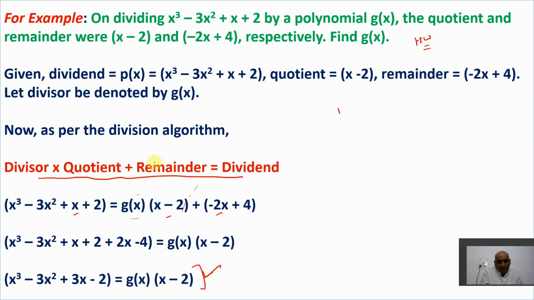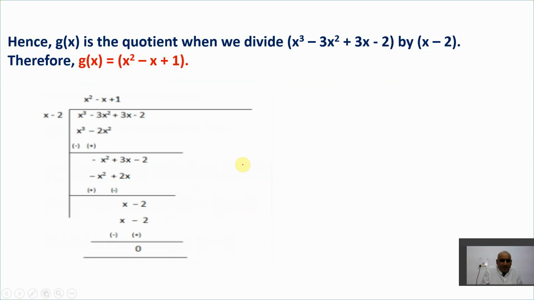After putting into the formula, you are able to get g(x), but you will not get the exact value now. It becomes one polynomial divided by another polynomial. Here x minus 2 is there, and this polynomial becomes there. So we'll take x minus 2 in the division like this. So we have to divide now in order to get this divisor.